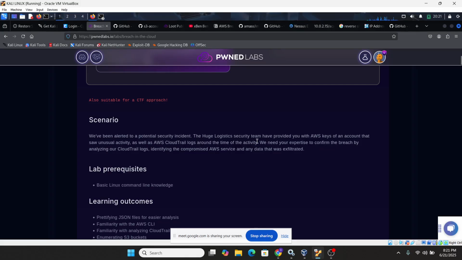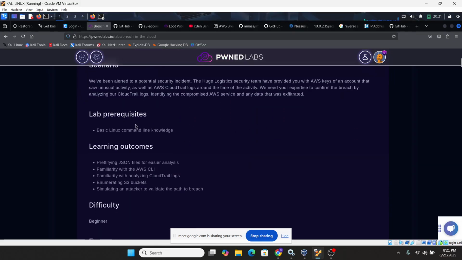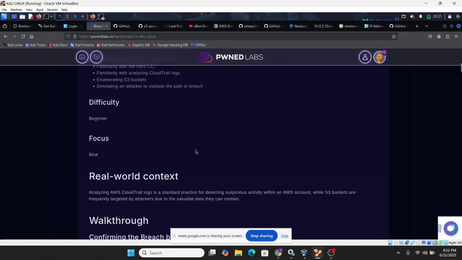The huge logistics security team have provided you with AWS keys of an account that saw unusual activity, as well as AWS CloudTrail logs around the time of the activity. We need your expertise to confirm the breach by analyzing our CloudTrail logs, identifying the compromised AWS service, and any data that was exfiltrated. So this is a requirement.